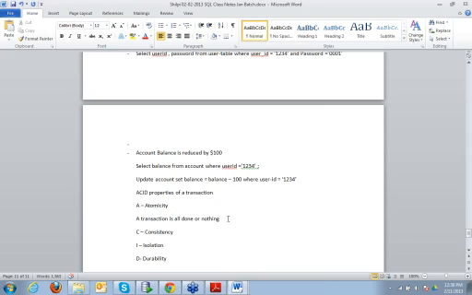That is the reason every database has this rollback option. Only once the transactions are committed, they can never be undone.